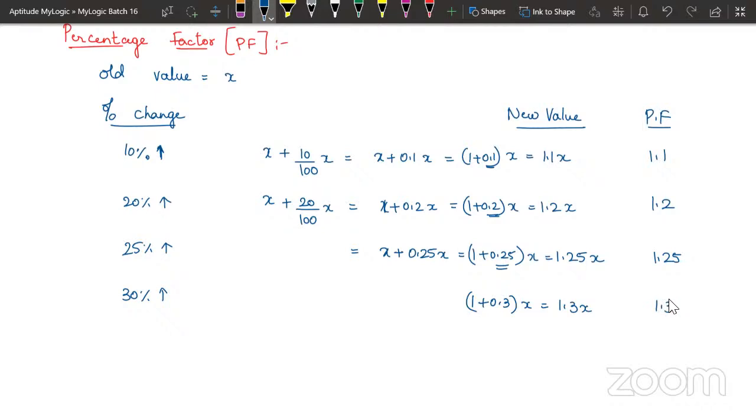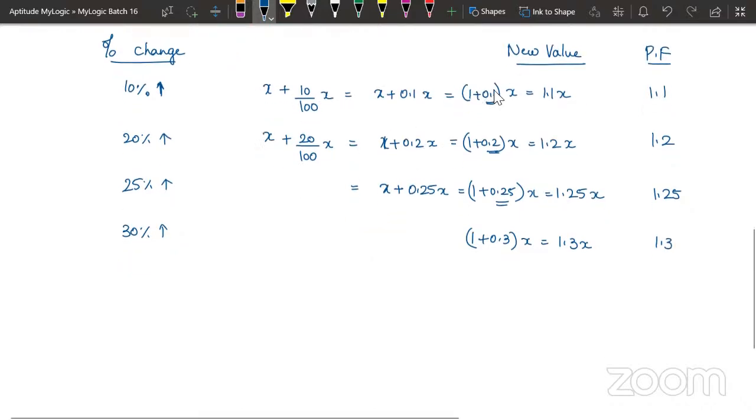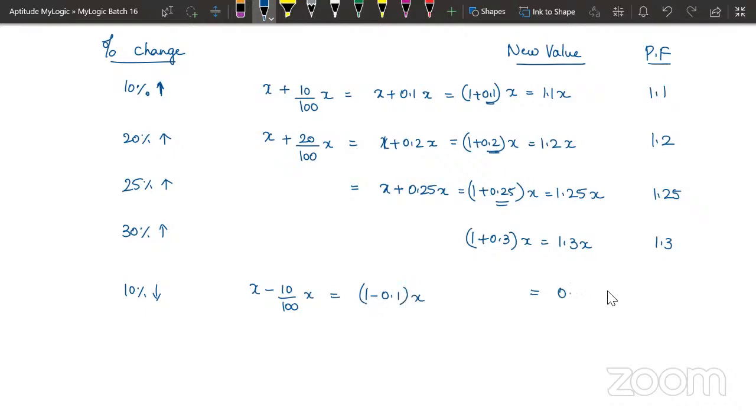Hope this is clear. This is when there is an increment. Suppose there is a decrement, then we will have to subtract this decimal part from 1. So 10% increment is there, right? Suppose we consider 10% decrement. It means from x, I am subtracting 10% of it, which gives you 1 minus 0.1 into x, which is 0.9x. Similarly, if there is a 20% decrement, then we are subtracting